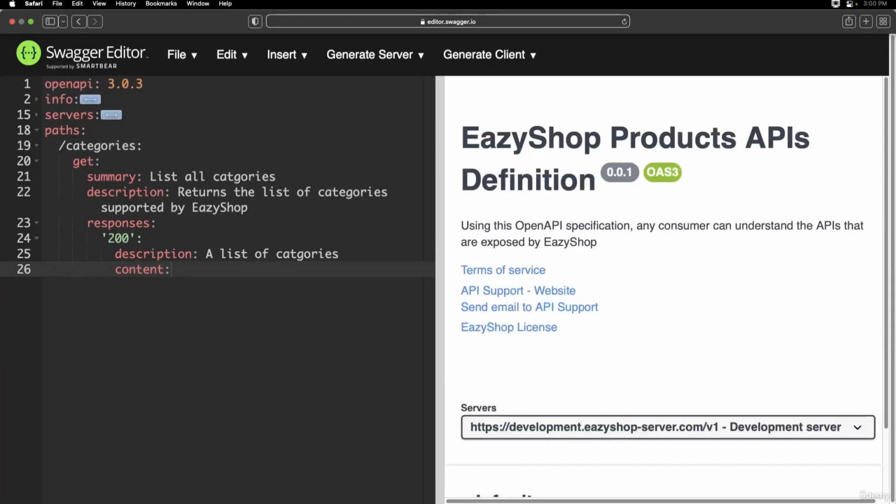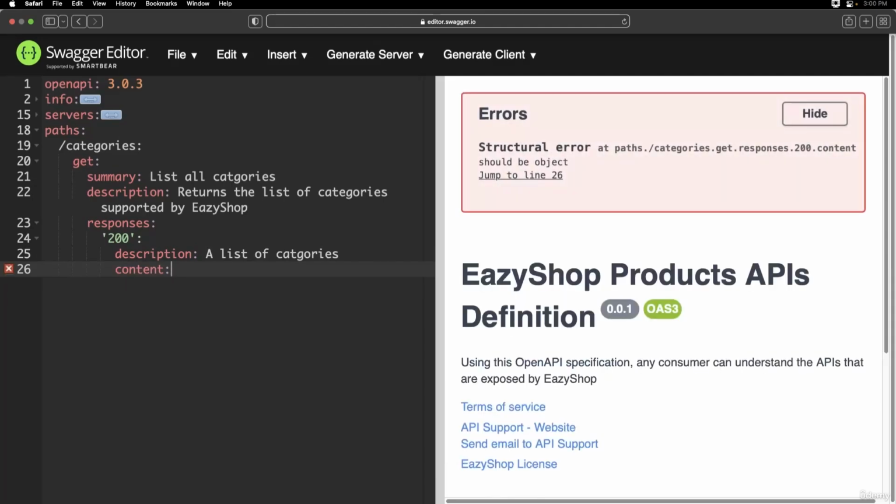So content is the element which will describe our response structure. Now I have provided content and a colon. Next we need to press enter and provide a tab space here. Under content, we need to define the content type, like whether we are returning JSON content or XML content. That's why I need to mention here